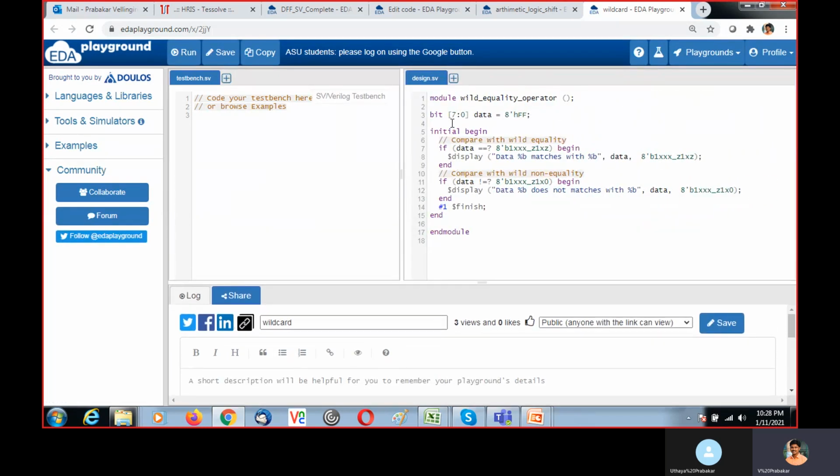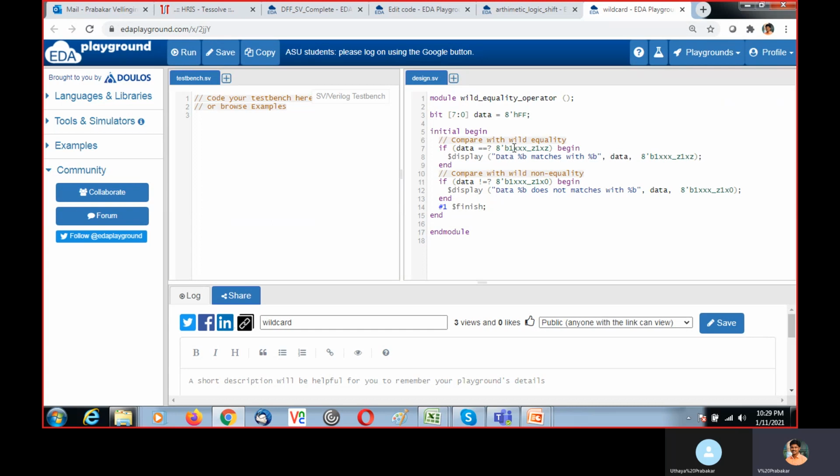Here I declared data as 8-bit. I assigned value ff, which is nothing but 8-bit 11111111. All 8 bits are 1. Within this initial block, I am checking data wildcard equality, whether data is equal to this value or not. On the right hand side, 8 tick b, 1 x and z terms are present, and the remaining are 1 terms.